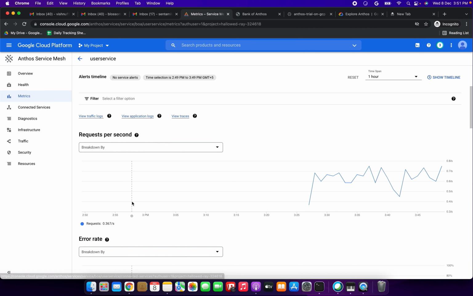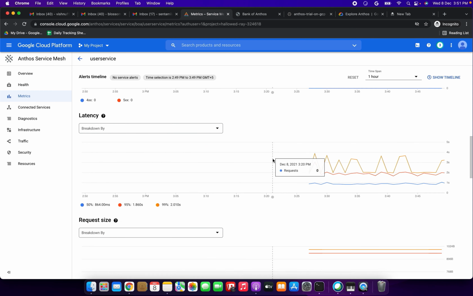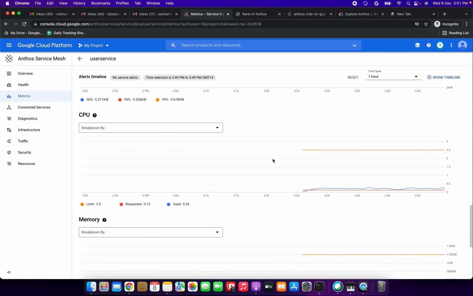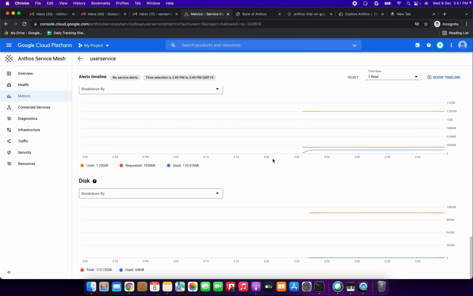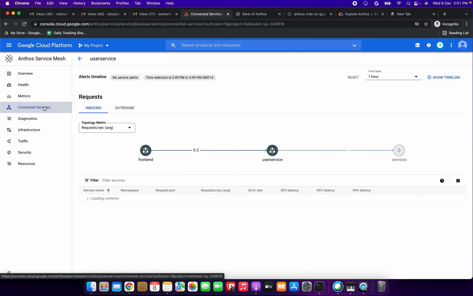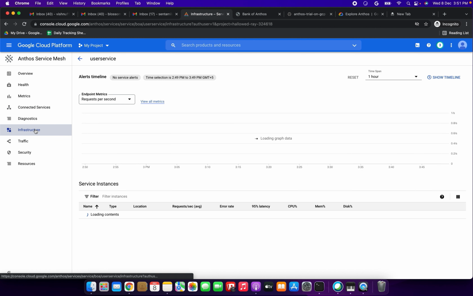So we can view also these metrics: latency, error rate, response size, CPU usage, memory usage, disk usage. You can verify it also. Connected services, we have front end, service name as front end, and request port is 8080. And infrastructure